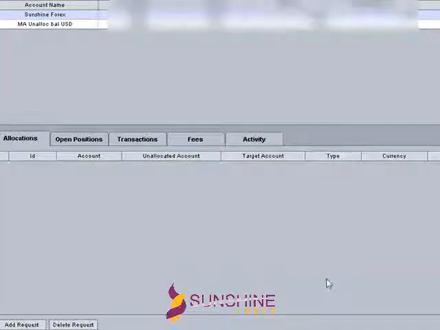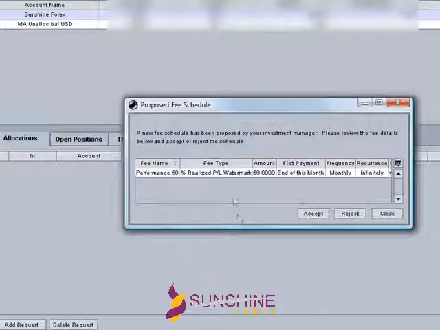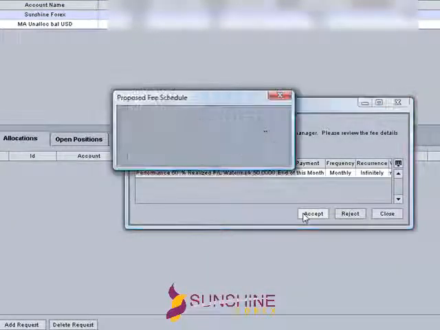Whenever we apply any sort of fees on your account, it will come to you for its acceptance. You will be able to see such a pop-up which will tell you what kind of fees has been levied on your account. You will have to accept this fee structure, which must have been discussed with you prior to initiation of this process. Please note that until the fees is accepted, the trading will not begin on your account. Click on Accept to accept the fee structure.